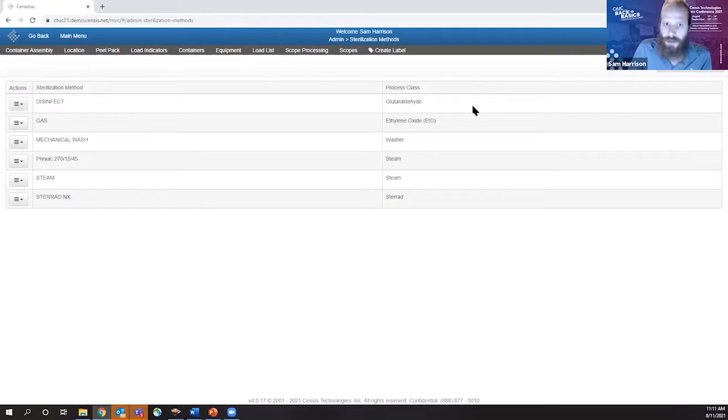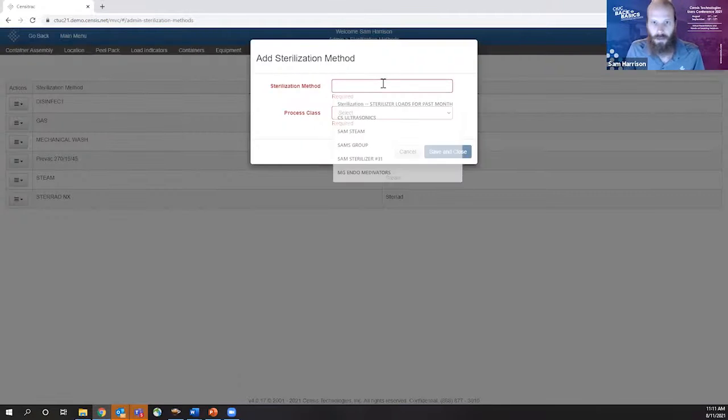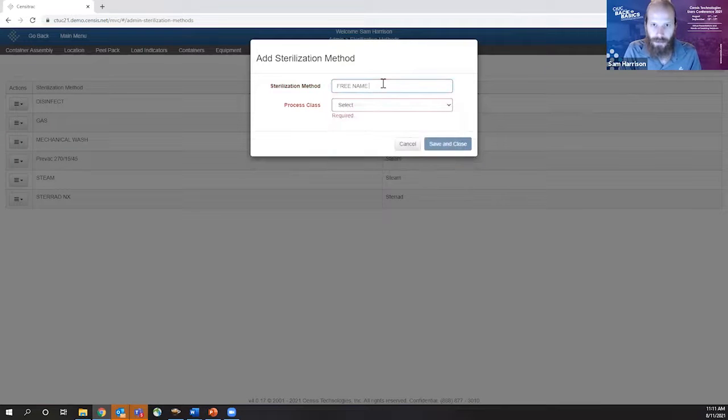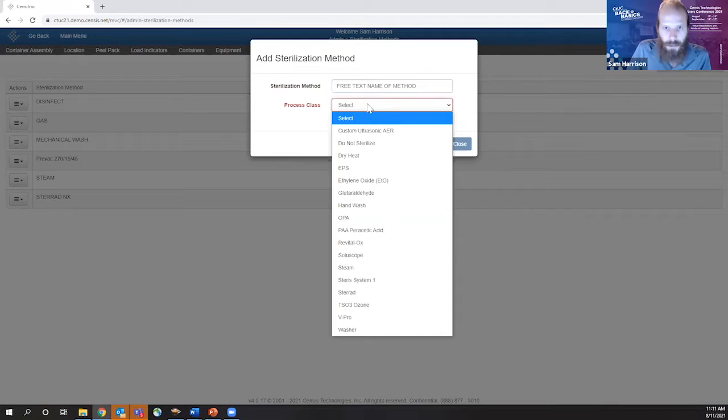And here is where you can add a new sterilization method. So what I'm going to do is click add sterilization method. And here's where you can free text the name of the method. But, and Kelly might be able to explain this better than me, but for some reason with CscopeTrac, the process